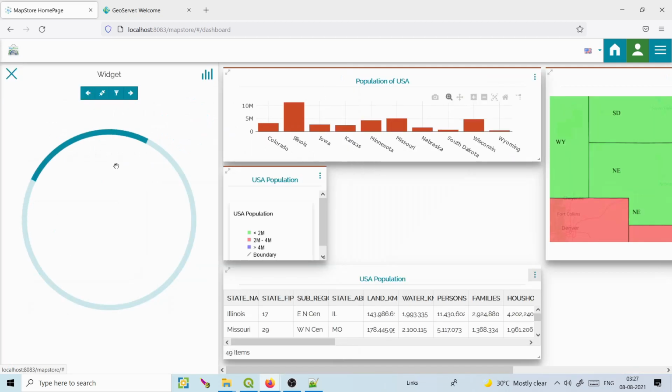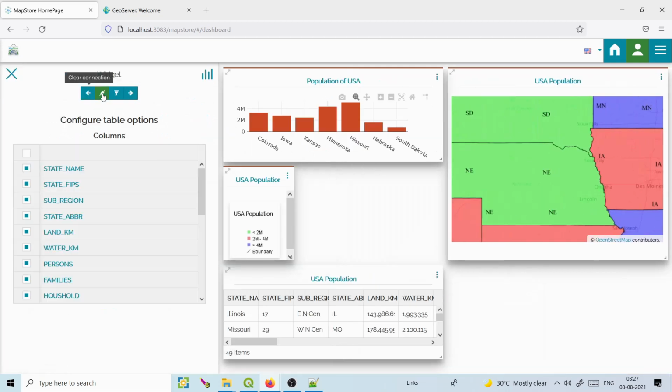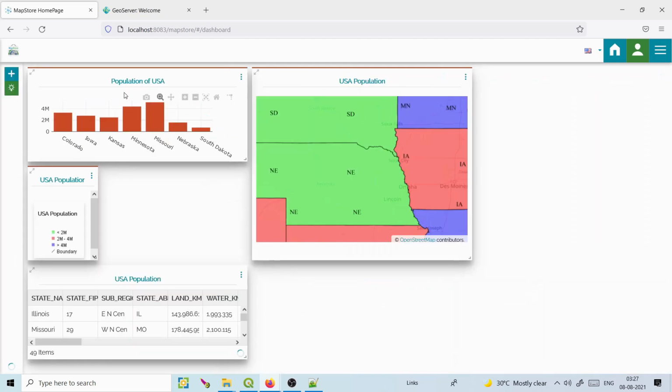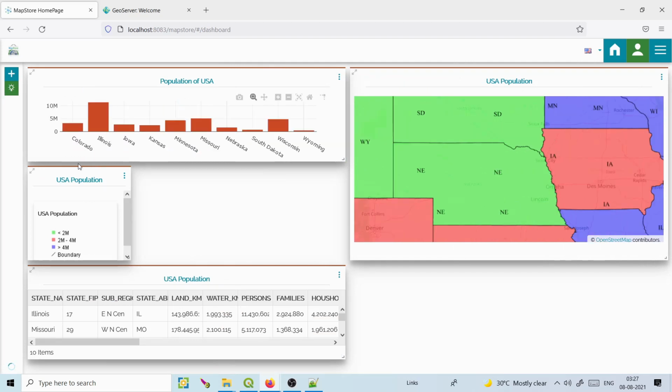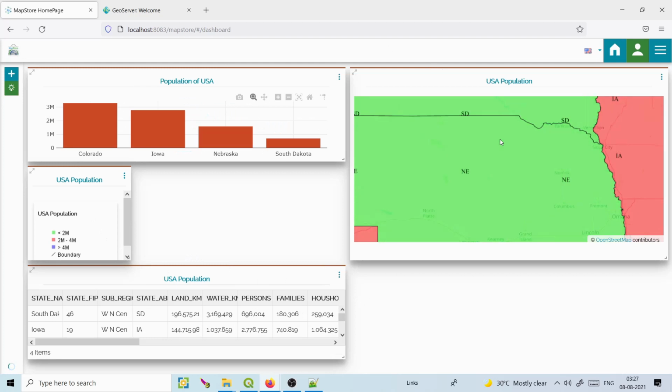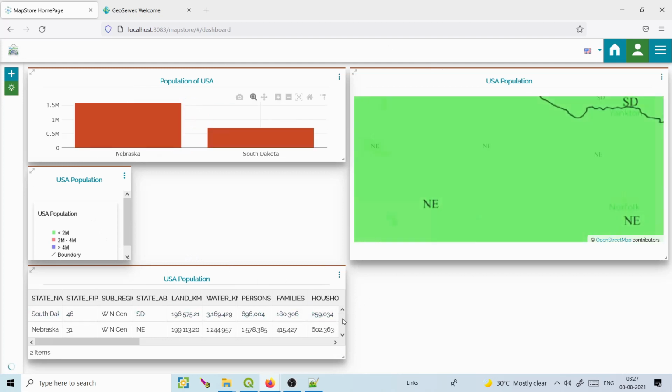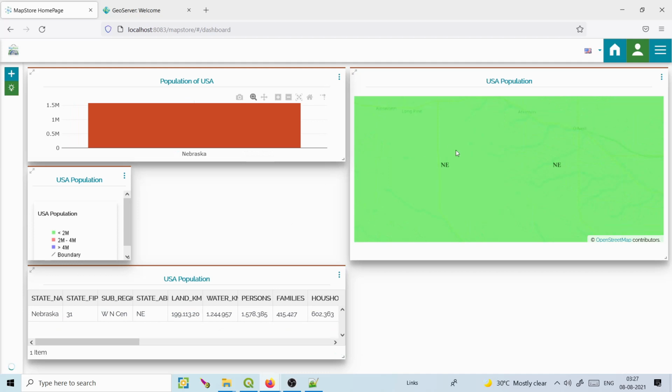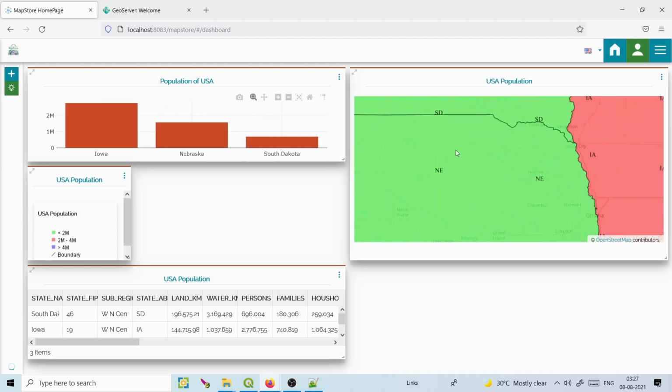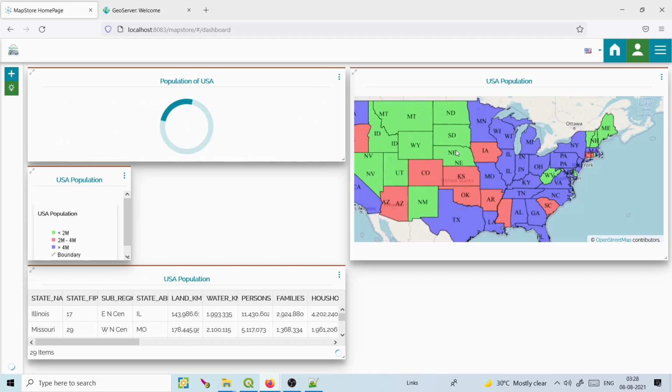Similarly, you can link this table also. I will click here, next, save. So now you can see this brown line is coming on all the widgets. So it means this is also loading. See, the graph is changing. Everything is changing. The table is also changing. When you zoom out, it will show you the,